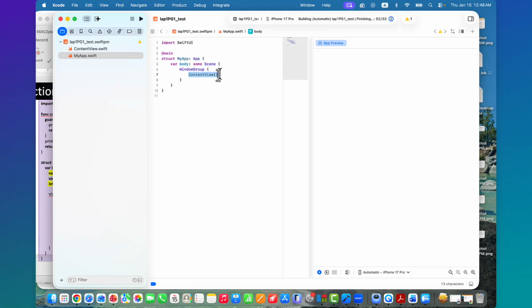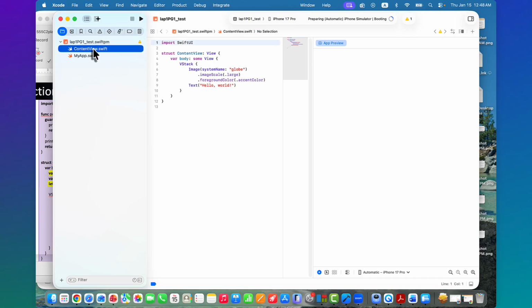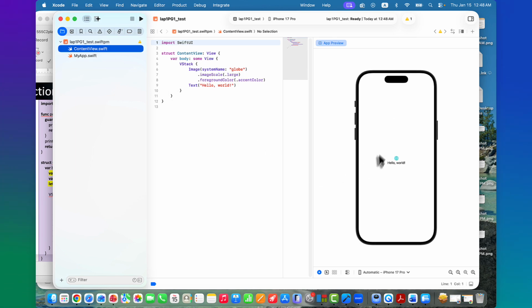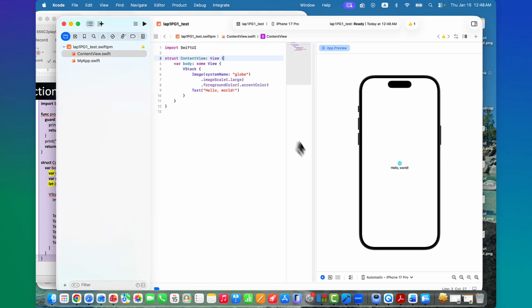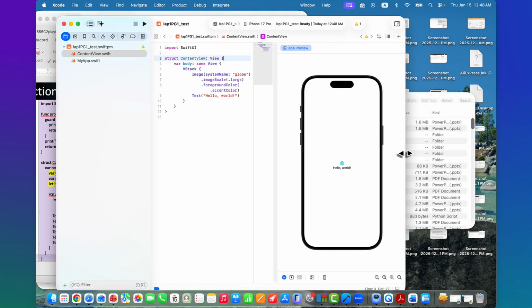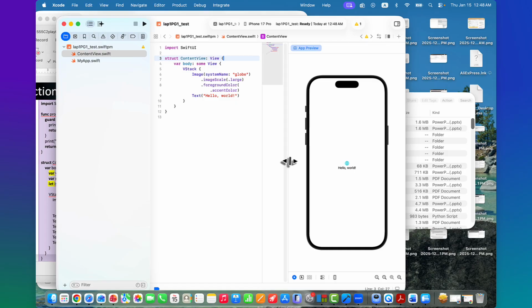And then we activate the content view, which is this content view. So that you may be able to see that, right? So globe, large. And if you want to make it smaller.